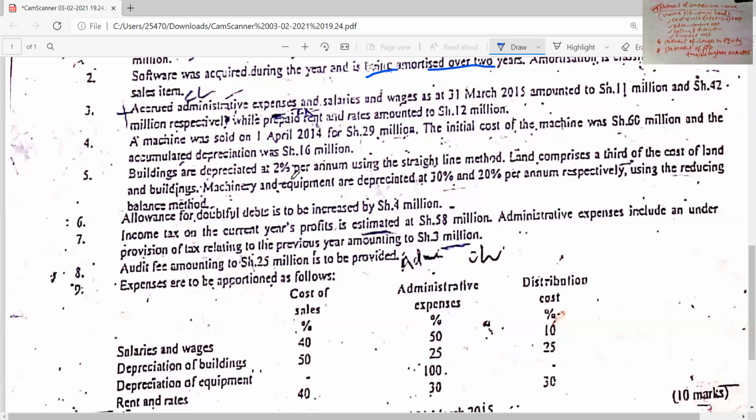Number 6, allowance for doubtful debts is to be increased by 4 million. So which means that